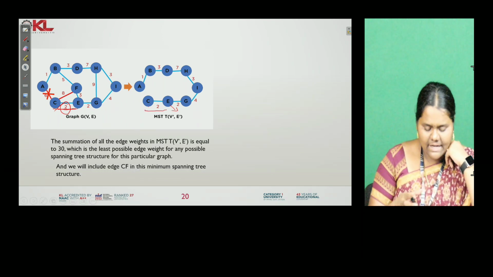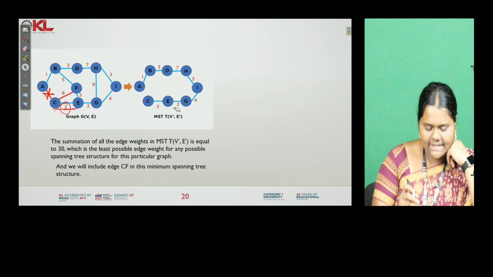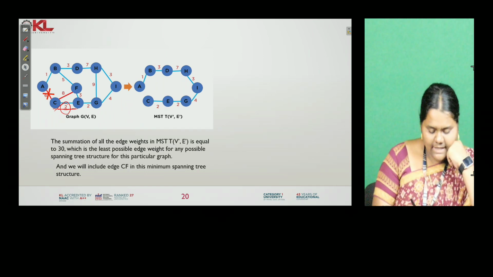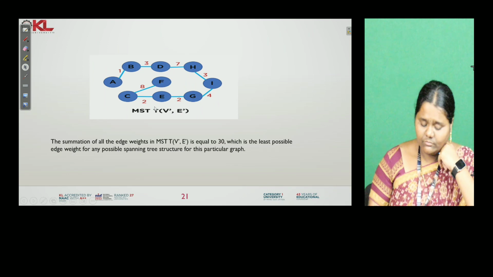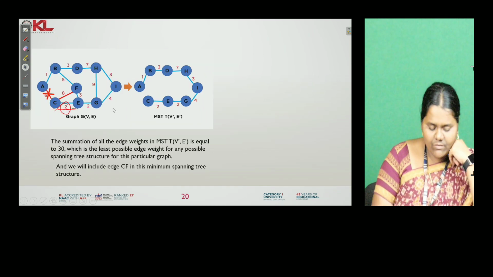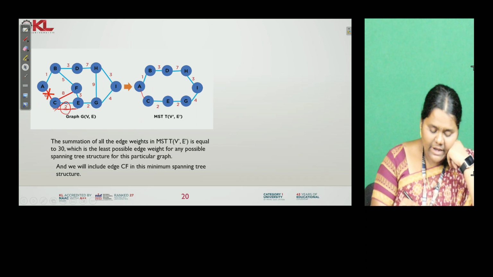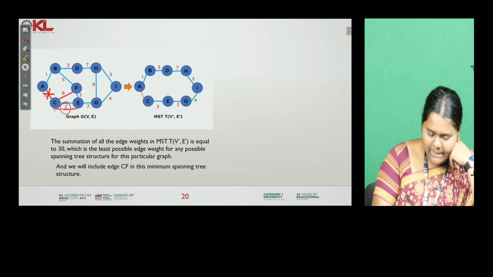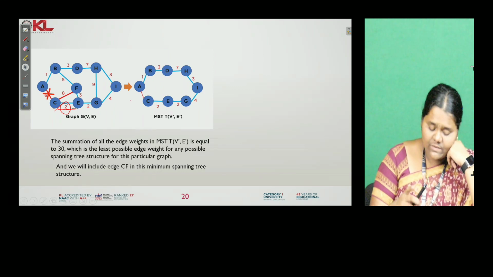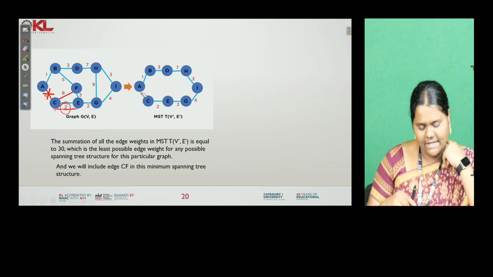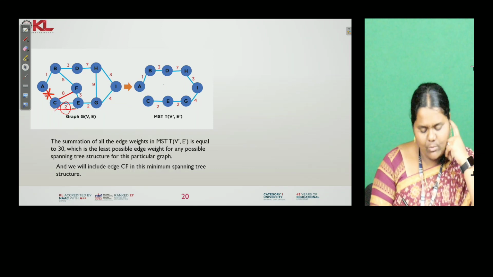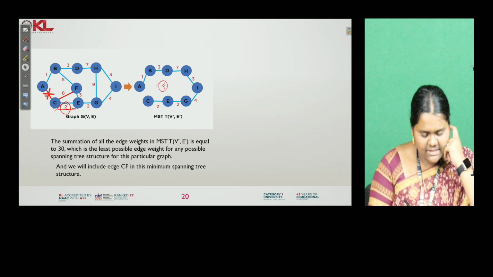Now another vertex is formed, that is C. Whenever we take C, what are the adjacent edges related to C? C to A. But whenever we draw C to A, the cycle will be formed. So that's why we will not take this particular edge. If suppose we take C to F